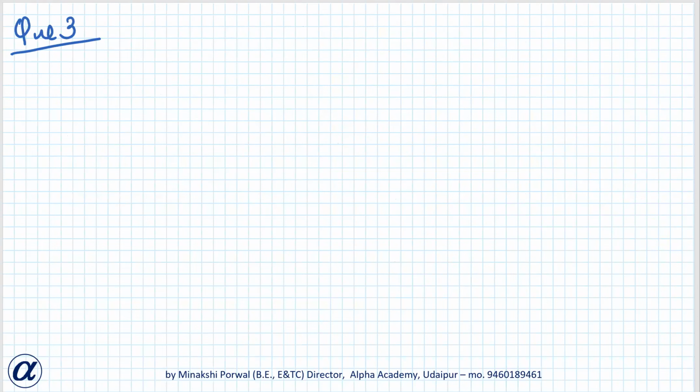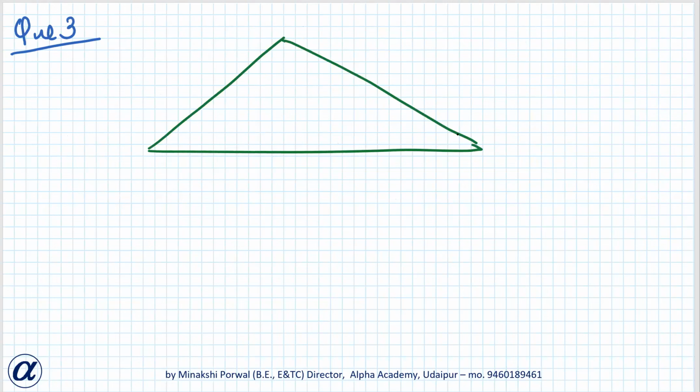Question 3. There is a slide in a park. One of its side walls has been painted in some color with the message keep the park green and clean. See figure 12.10. If the sides of the wall are 15, 11 and 6 meter, find the area painted in the color. So basically there is a type of slide. There is a slide in the park. One of the side walls has been painted in some color.